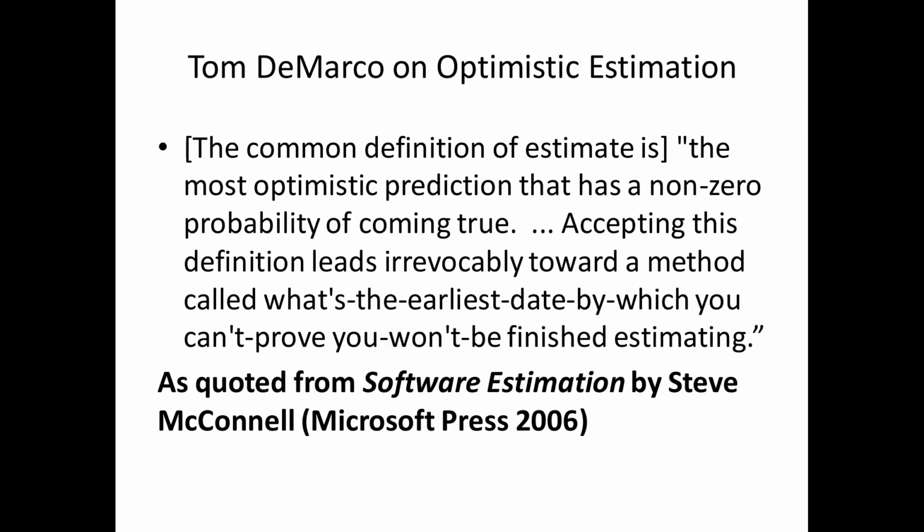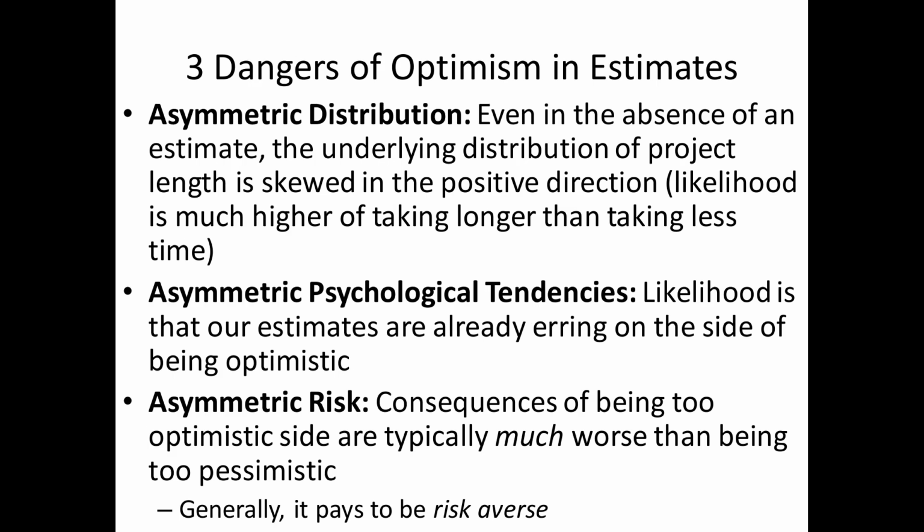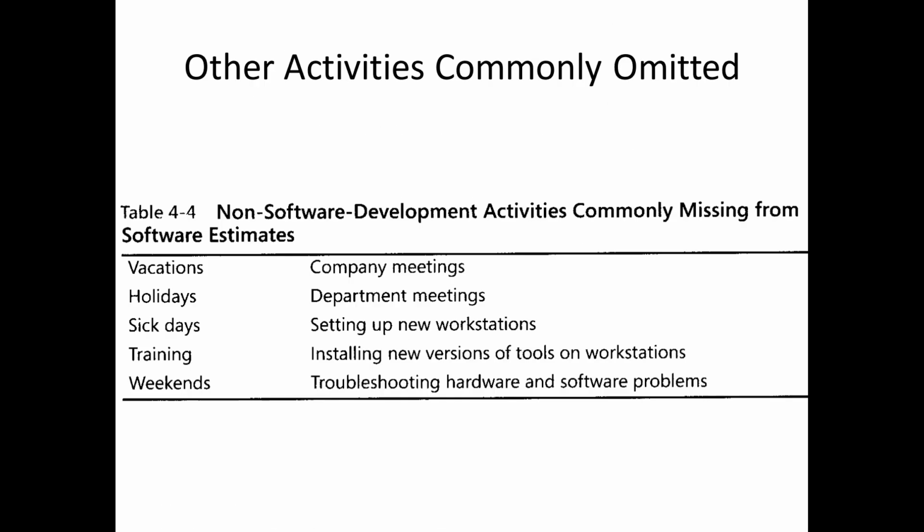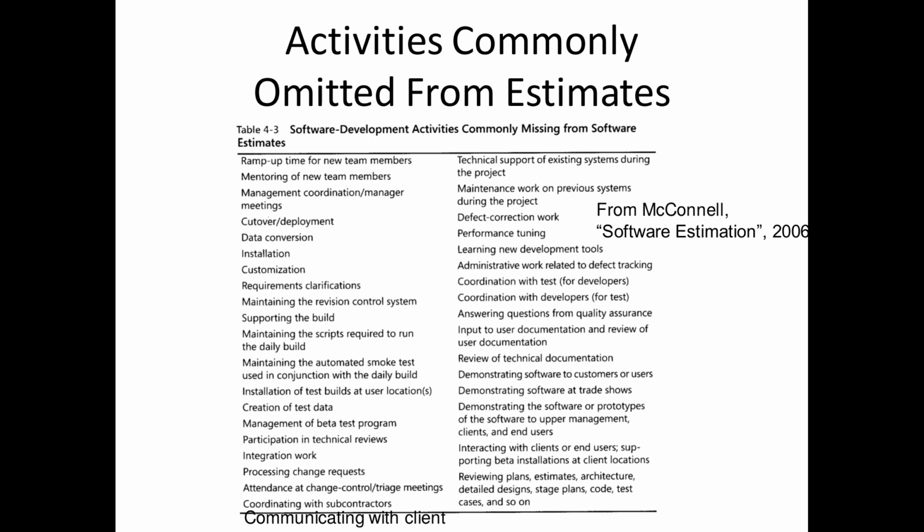And one of the key ways that you can do this is to provide range estimates, estimates that have a lower and an upper side. Now, I gave another key motivation for the use of range estimates. What is that motivation?